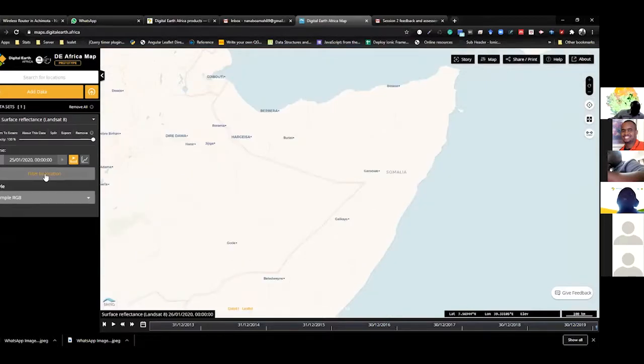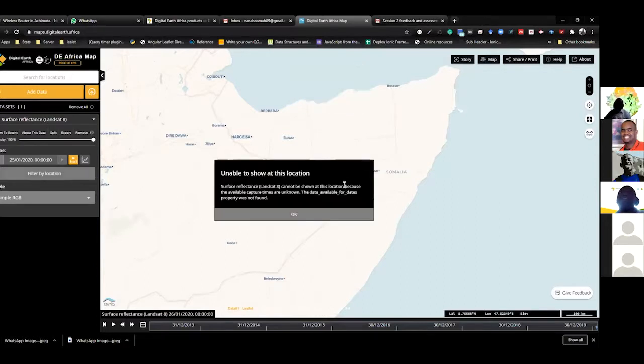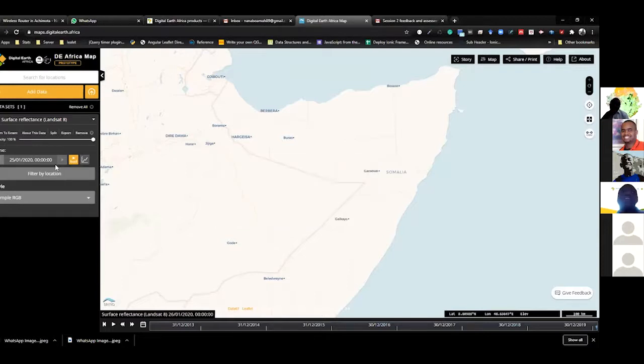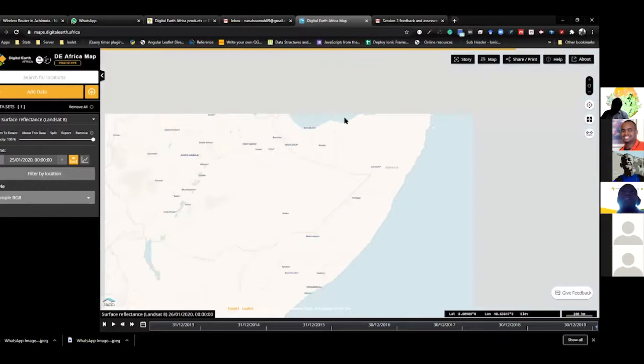When you click on filter by location, the dialog to select a point by clicking on the map will show up. Right now the map doesn't allow you to select by a shape like a rectangle or square. But if you click on the area of interest,